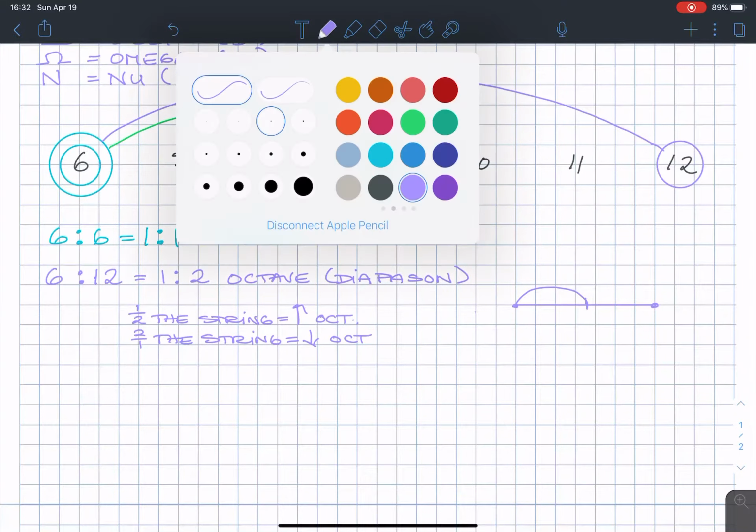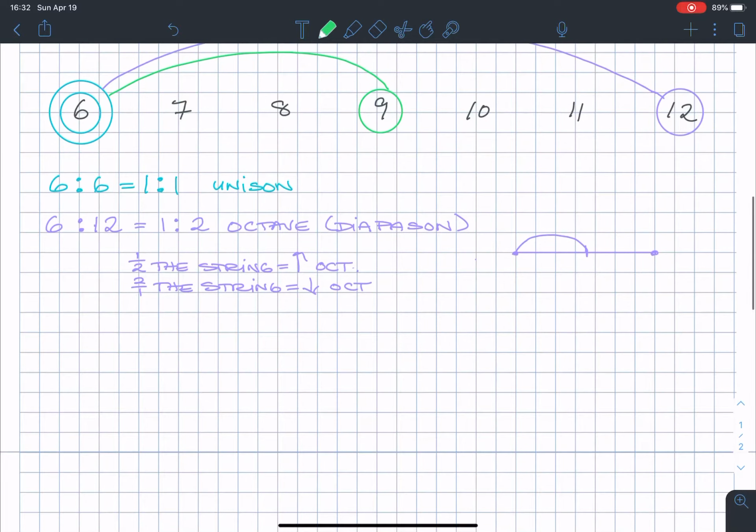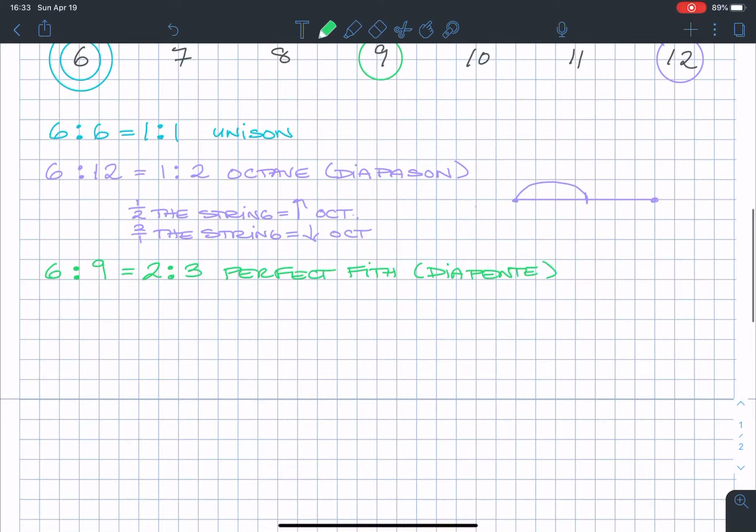Okay, now let's go to where I was with the 6 to 9. So now if we're going 6, the ratio of 6 to 9, so that reduces, 3 goes into 6 twice and into 9 3 times. So this is a ratio of 2 to 3, and this is called a perfect fifth, which in Greek is a diapente. Okay, so if I have a ratio of 2/3 the string,